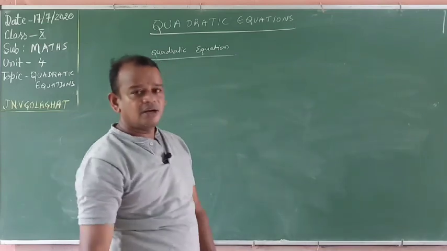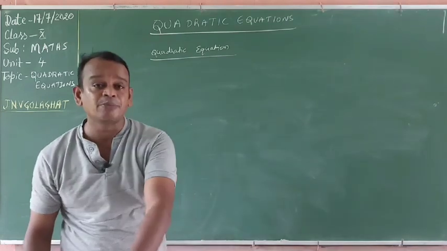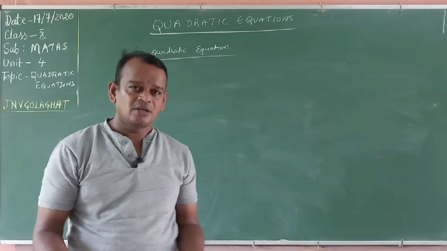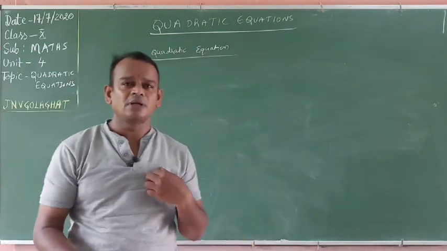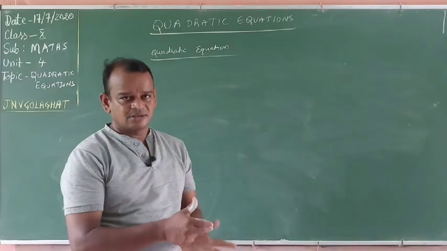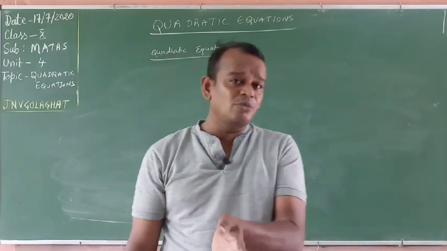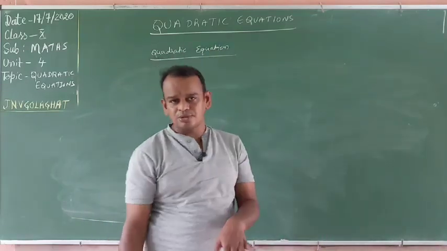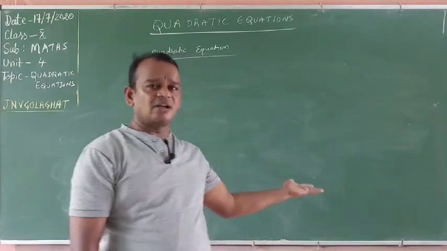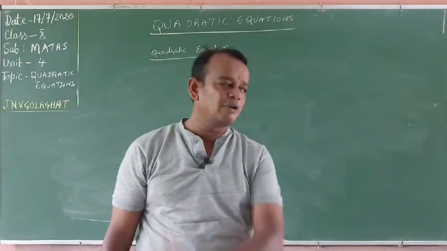Next we will discuss the relation between the roots and the coefficients. This is very, very important. How many roots are there? At most 2. In maximum cases there are 2 roots, and in some cases less than 2, not more than 2. Sometimes only 1 root is there, as I already explained: x square minus 2x plus 1 equal to 0 has only 1 root.